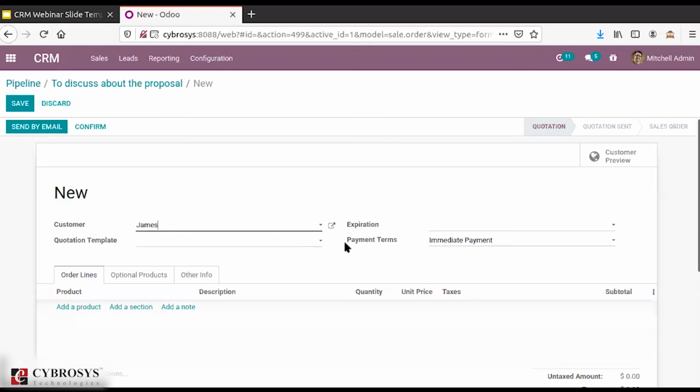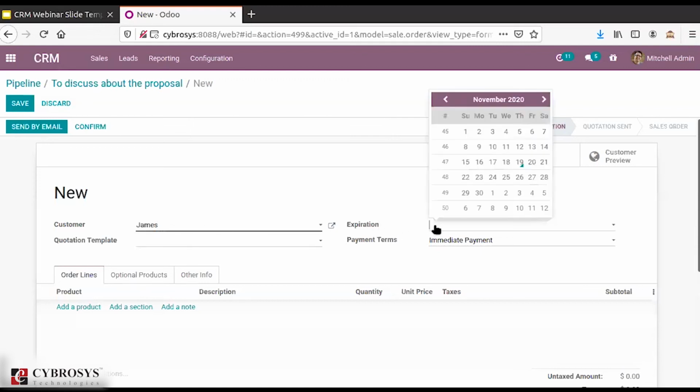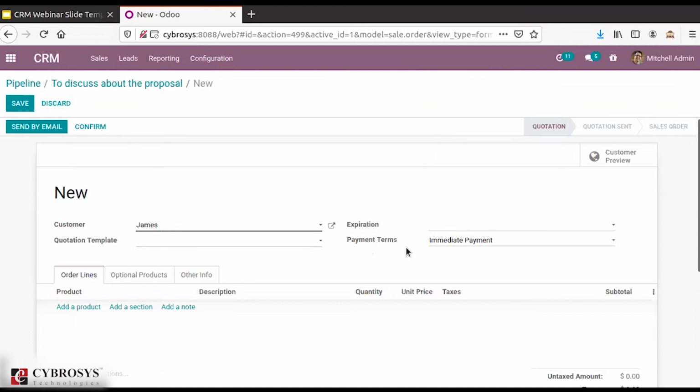Then here you have the option to mention the expiration date. Basically, this expiration means the date at which this quotation would expire. Then also the payment terms. You can see here the payment terms have been pre-filled automatically.